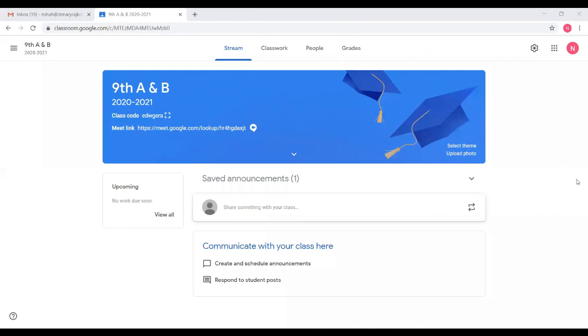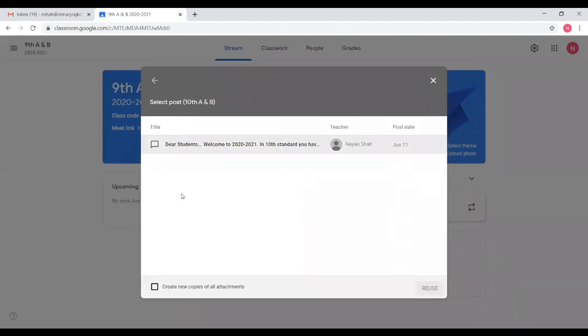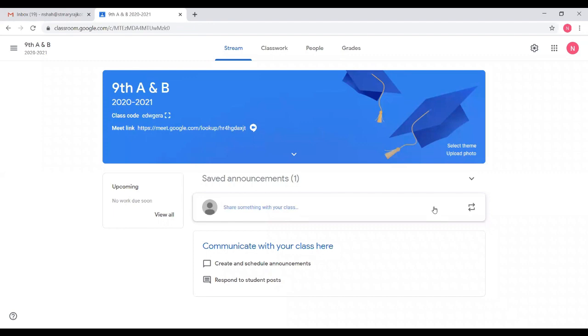Once we have created an announcement, using this button we can reuse the announcement. The post which you created for one class, you can reuse for any other class also. So you don't need to type the same post again and again. You click on reuse post, it will show you all the classes which you already created. Select the class in which you want to make the same announcement, and then click here and reuse. But now I won't post the same because I don't want to post the same in the other class, but you can do it if you have one announcement which you want to make in other classes also. You can do it from here.